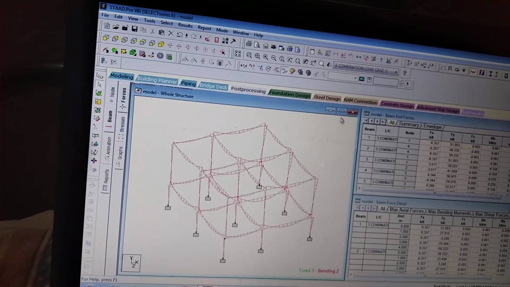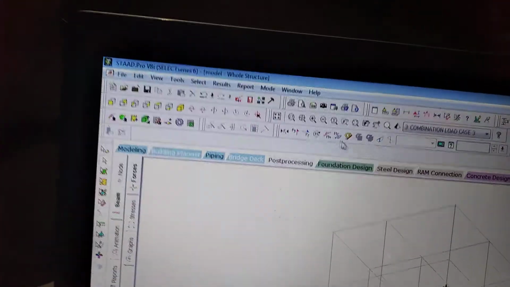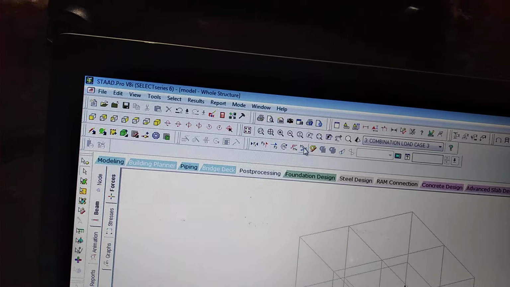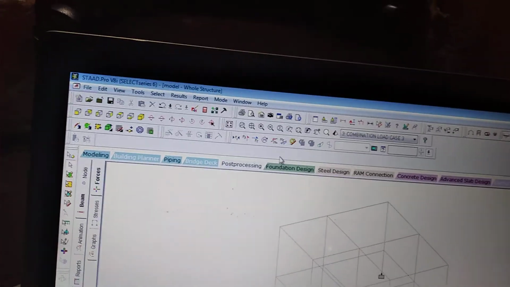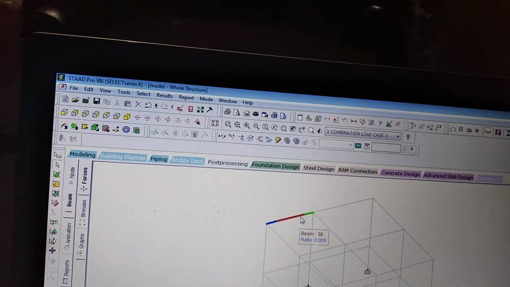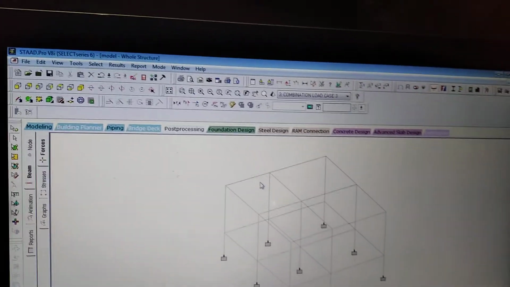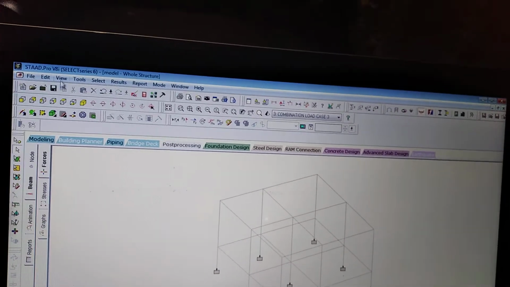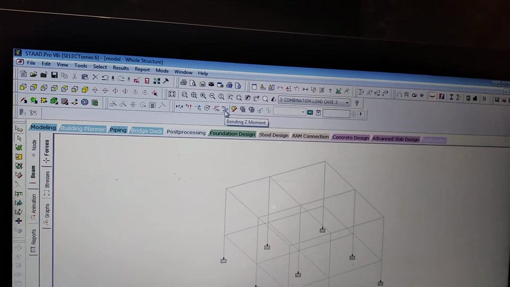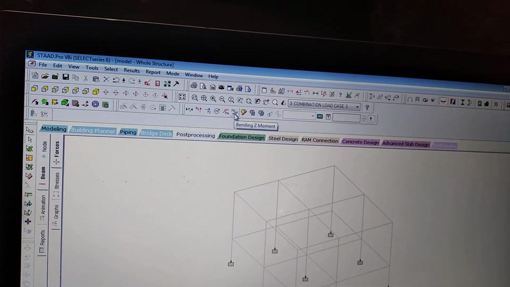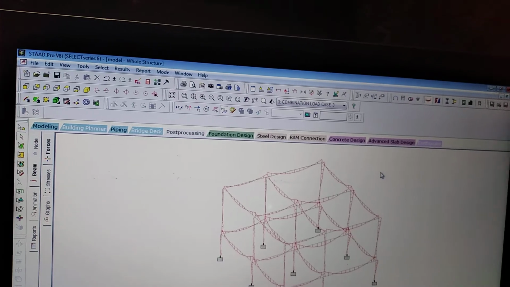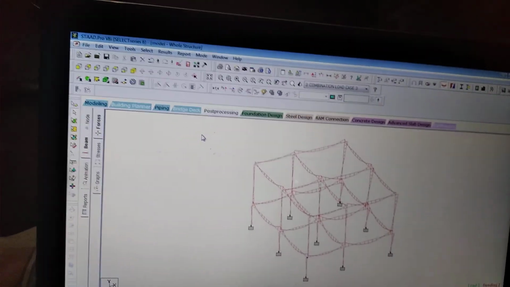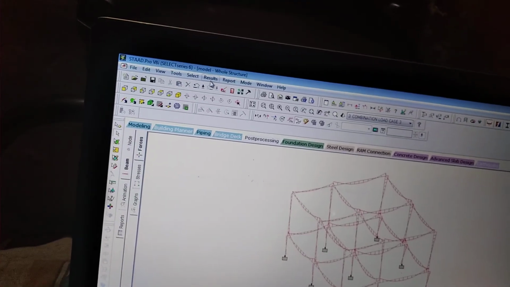See here, beams. In these cases, see here, this row has a bending moment and shear force. I applied loads along the y direction, so shear force will be along the y direction, and also bending moment will be along the z direction. So see here, if I click on this bending z moment, only diagrams are showing. What I will do, I want the values also, no? So I will go to results, view value, beam results.